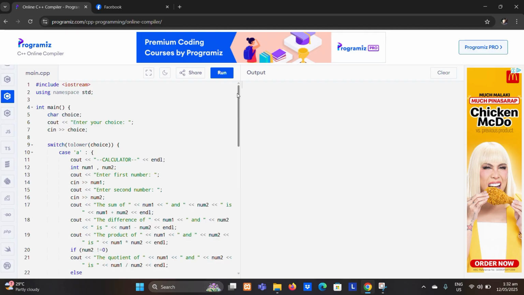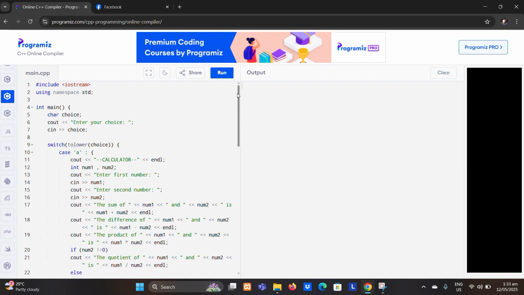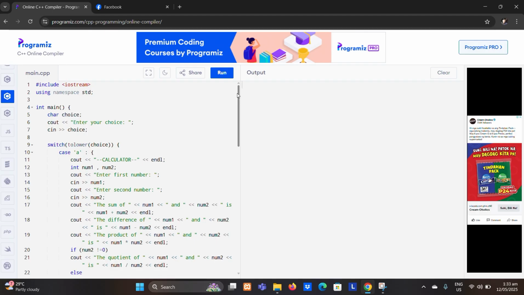The first thing is the objective: to design a simple interactive console-based application that provides a menu of operations that you choose. These include the basic calculator, odd and even number checker, finding the highest or lowest of three numbers, and checking whether a given year is a leap year. This program also handles invalid inputs and accepts both uppercase and lowercase letters for the user choice.